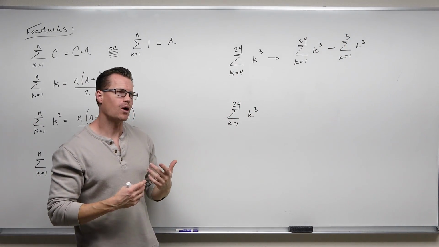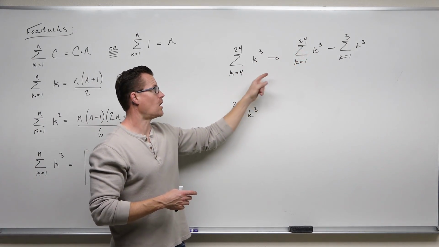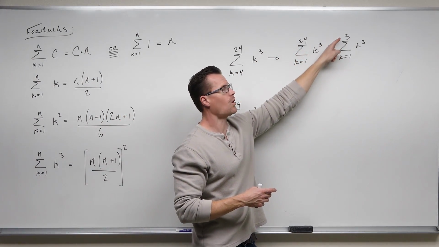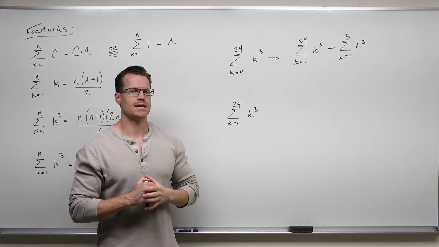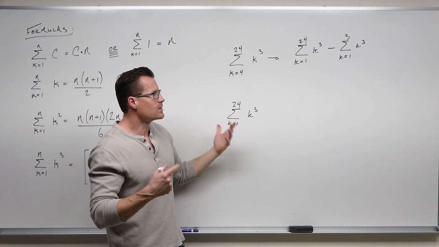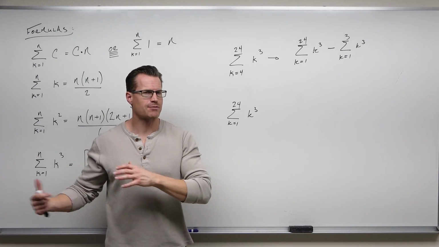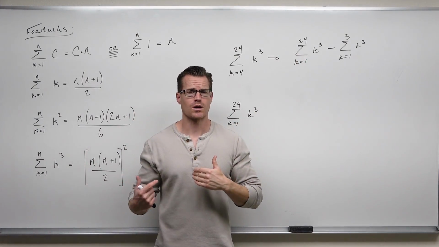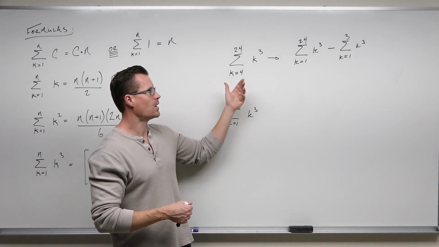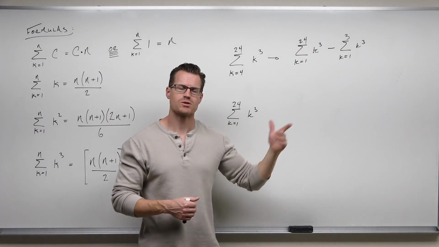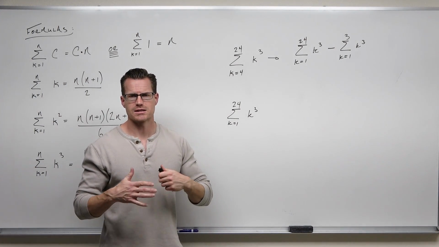So we can always really do that. If you don't start at 1, take the whole series and subtract off, starting from 1, all the stuff that you don't need. So up to, but not including, that beginning index, that beginning term. So hopefully you can see that actually does work. That should kind of make sense. You just have to start at 1 in order for these formulas to work. Otherwise, you're going to start subtracting things, and this is the way that we do it. I want from 4 to 24. I want the whole thing, but I don't want the first 3 terms. That's the first 3 terms. I'm not going to work that out for you. You can easily do that on your own. I just want to show you that's the process we're going through.